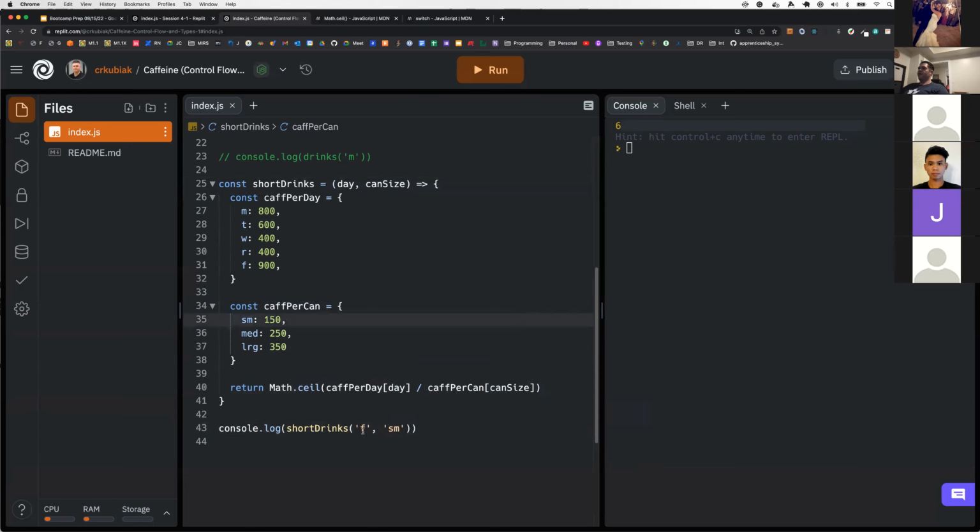Right, so if I'm on Friday and I've got 900 and I need that, I'm gonna be buying small cans, right? There's my 6. But if I'm gonna go out and buy large cans on Friday to save some money, right? Now I only need 3 large cans, right? So the more we can get rid of hard coding things and make things reusable, make them extendable, the better